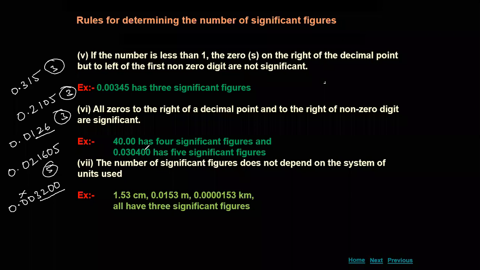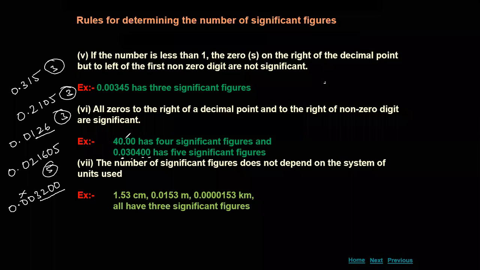When you come back to this example, 0.030400, this 0 should be omitted because it is coming before non-zero when the overall value is less than 1, and these zeros are coming after a non-zero digit, so these are significant. And when it comes to this example, it is not less than 1. That should be noted. It is not less than 1. So we don't need to look for after the decimal point and all. We will just see the non-zero digit. If it is coming, it means all the zeros are significant only.